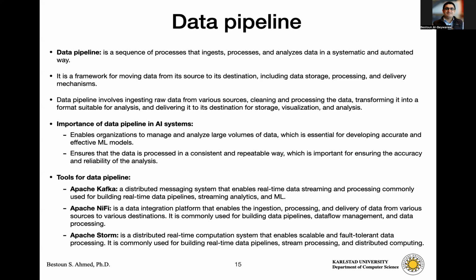It's a framework. There are many frameworks, of course, supporting this. For example, you need to have the data storage, pre-processing, and how to deliver the machine learning mechanism. What is the machine learning? So sometimes this involves ingesting raw data from various sources, for example. So sometimes cleaning, dealing with outliers, dealing with missing information, missing data, and all these things